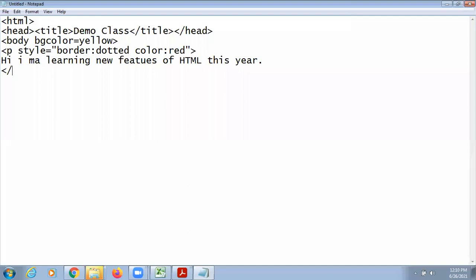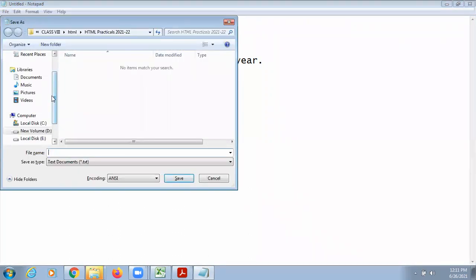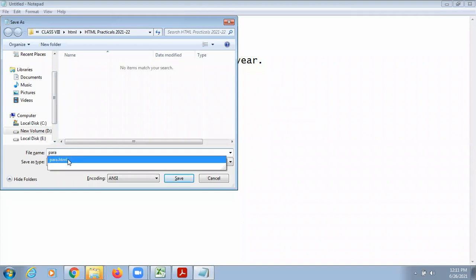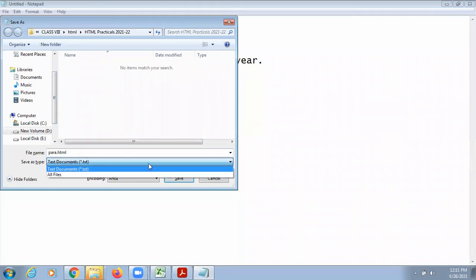Directly we will close the body tag and HTML tag. Save it with the name para.html in class 8 folder.